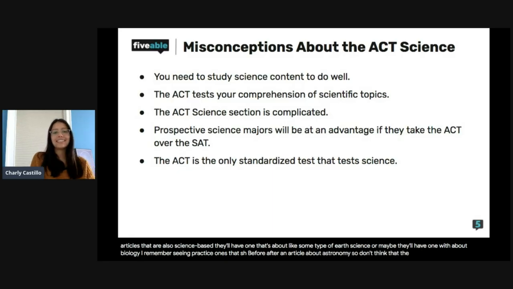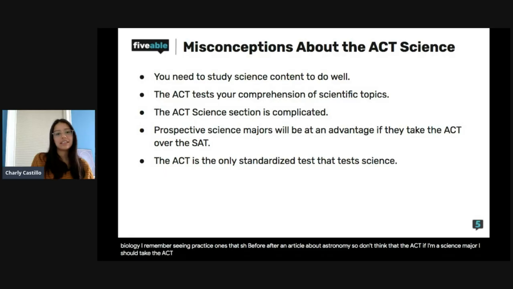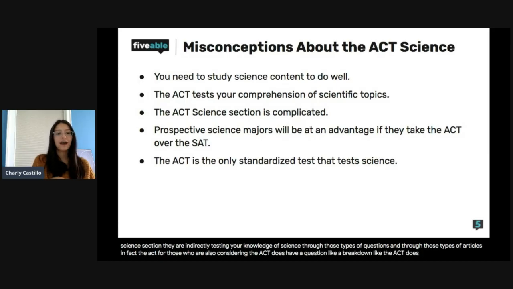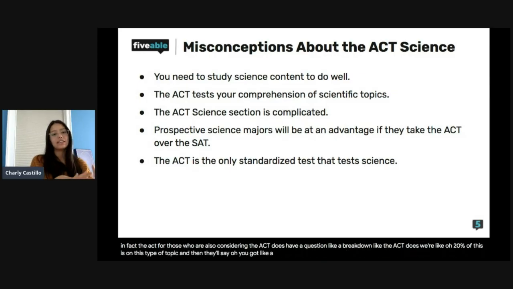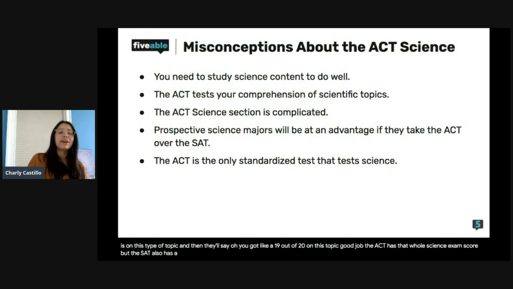So don't think that, if I'm a science major, I should take the ACT because it has science tested. Because if you've ever taken the SAT, you know that even though they don't have a science section, they are indirectly testing your knowledge of science through those types of questions and through those types of articles. In fact, the ACT, for those who are also considering the ACT, does have a breakdown, where 20% of this is on this type of topic. And then they'll say, you got a 19 out of 20 on this topic. Good job. The ACT has that whole science exam score, but the SAT also has